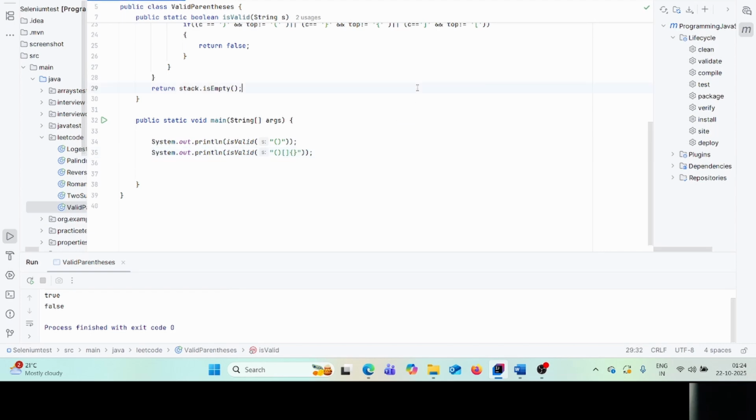Okay, so let's run this. See, this time it is true because it was space, so it is closed properly, right? Open close, open close, open close. Okay, that's absolutely working fine. So next,